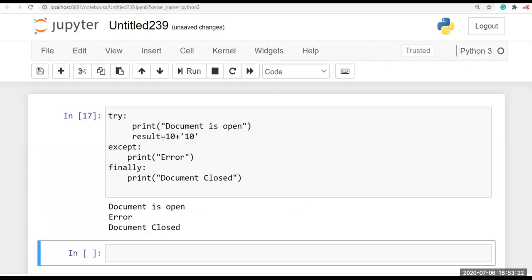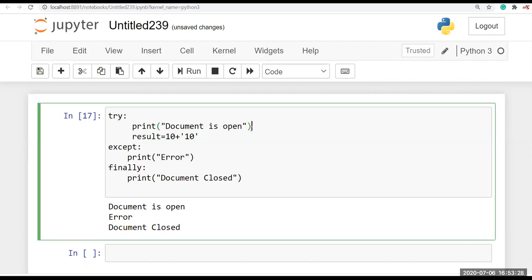Now you can see, first it prints document is open. So if we are using a server connection line here, or an open function, first it will open the document.